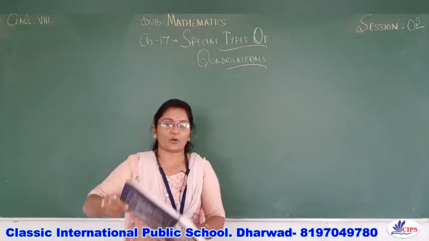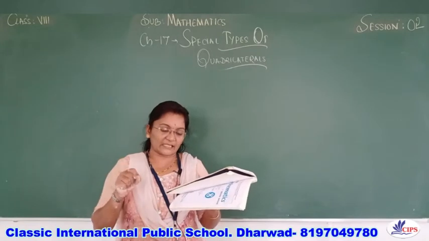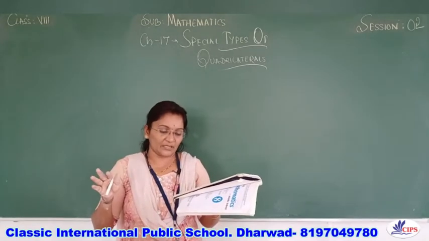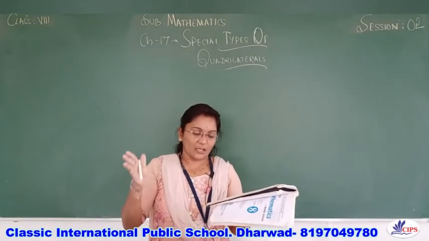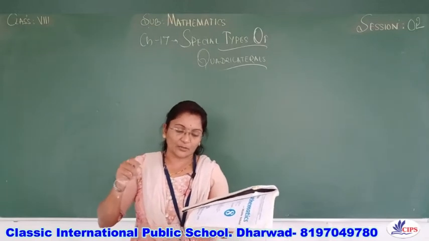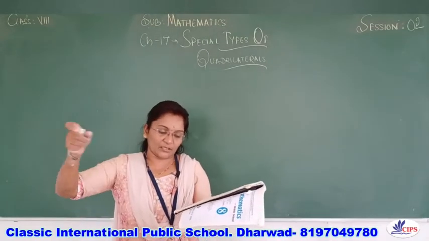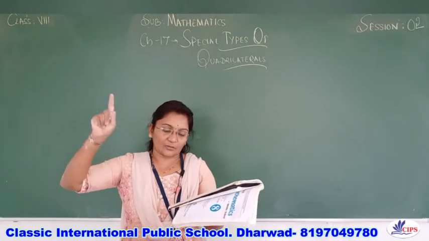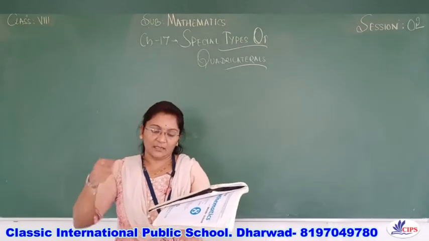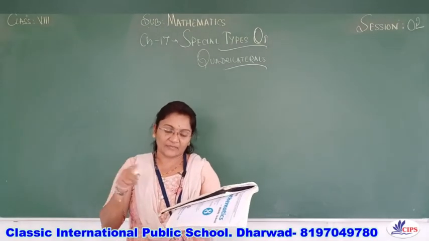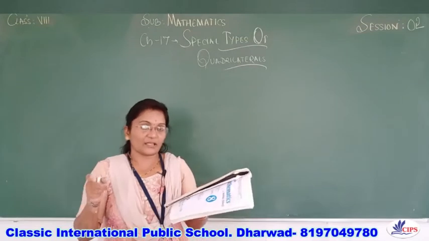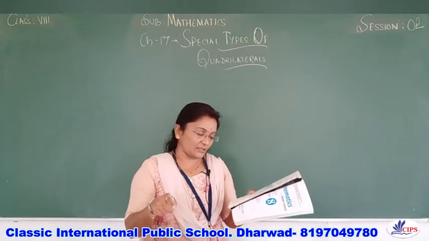Equal means what? For example, AC is 6 centimeters and BD is also 6 centimeters. When they bisect, AC will become AO and OC, so the length will be shared. That was 6, so it becomes 3 and 3. BD is 6, so that also becomes 3 and 3. Like that, if they are equal, they bisect each other.